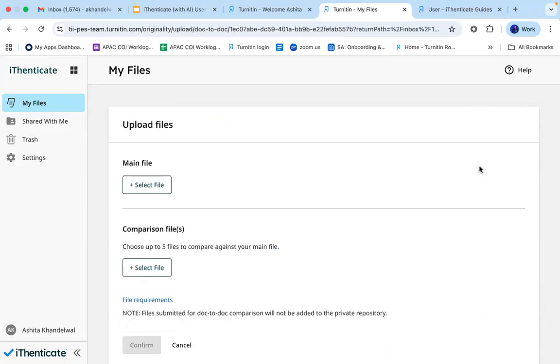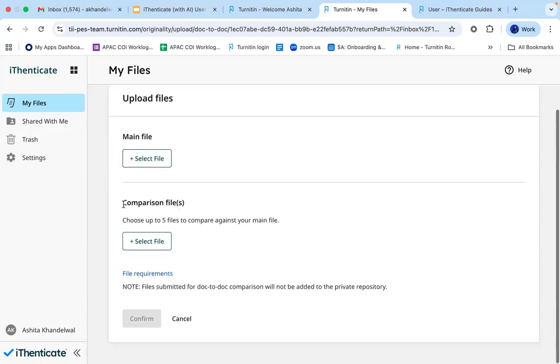Second is doc-to-doc comparison. Basically, this is an upload type where you are checking your own paper against any other paper of your choice. So here you can upload the main file, for which you need to create a report. And here you can upload comparison files. From your own choice, you can upload up to 5 files over here.